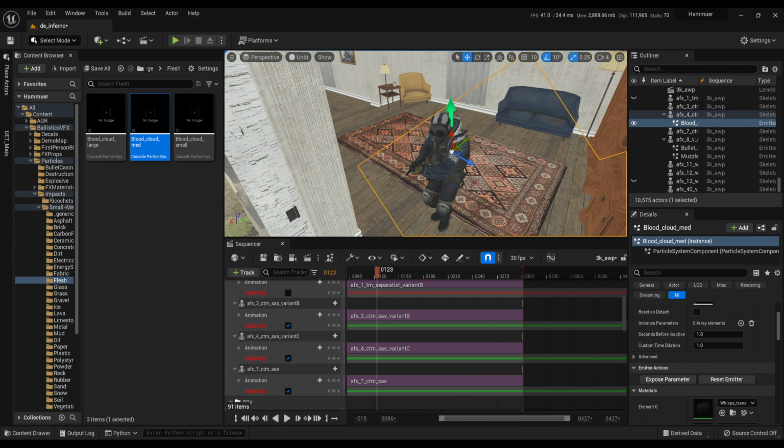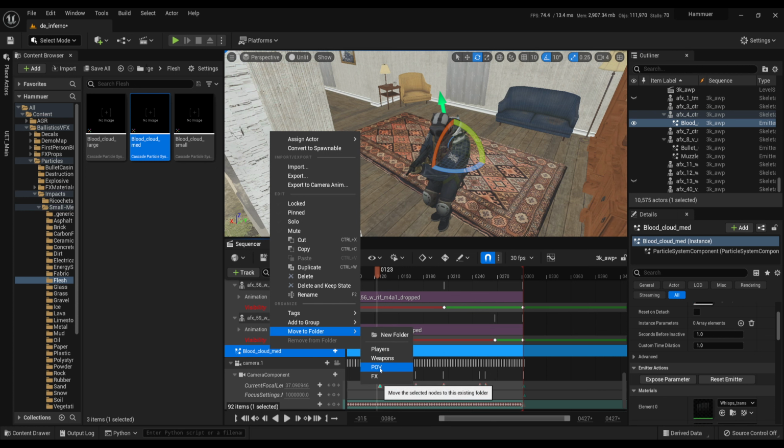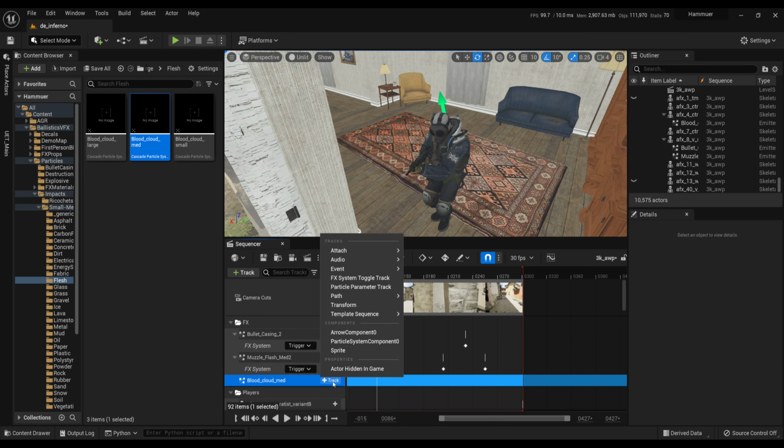Once attached, you need to find the proper angle of the particle. Now we can move this particle to its folder and set a keyframe.